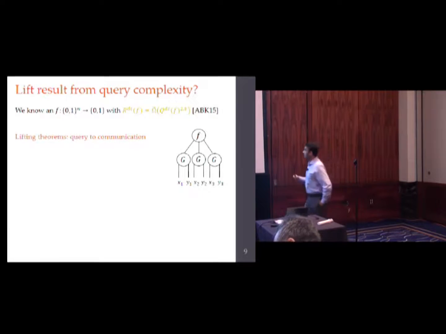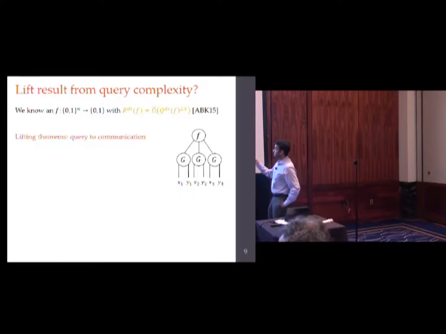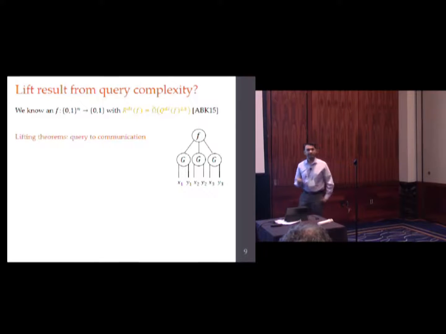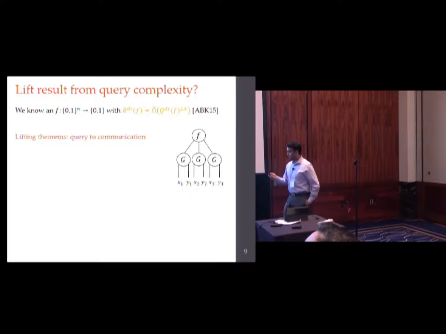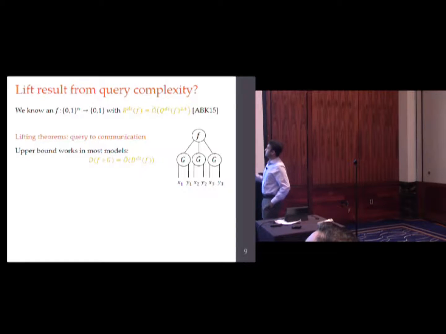So that defines a communication problem from a query problem and from this function g, which we sometimes call the gadget. So you should think of the gadget as being very small, either a constant-sized object or a log n-sized object. So we're not going to think about the complexity of the gadget. The gadget is essentially easy or cheap, or its complexity will be hidden under the tilde notation. So we don't really need to worry about this. All right, so what you can say about this lifted function is the upper bound direction, that the communication complexity of the lifted function is upper bounded by the query complexity of the function you started with.